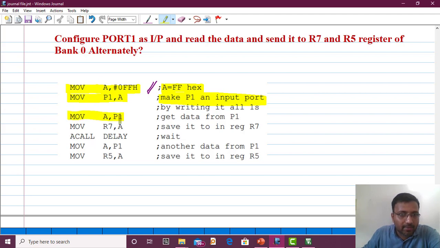So MOV A, P1 means what? The port 1 will be transferred into the accumulator, and then we are transferring that data to R7. So R7 will be moved again to bank 0. We have not changed the bank, that's why that will be loaded into R7. Okay, then we call delay, we'll wait for some time, and again we are going to read